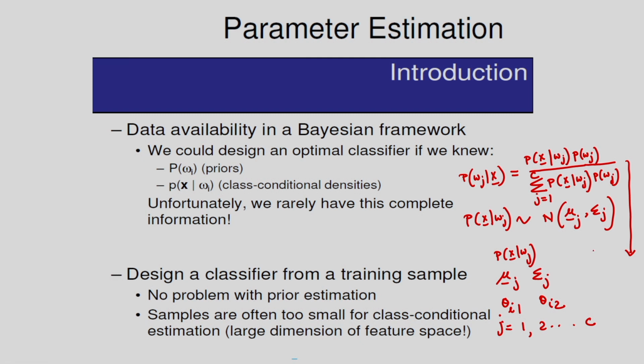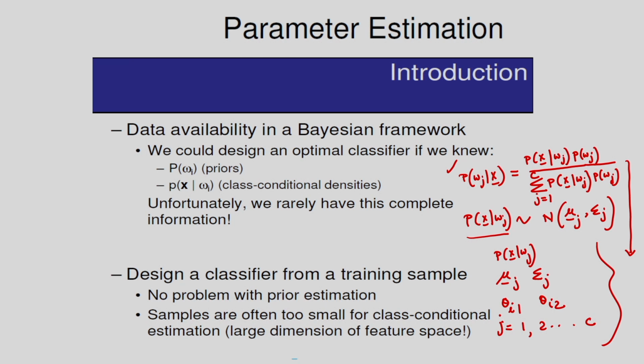So this information I need for calculating the probability of Wj given x. One is the class conditional density, that is the probability of x given Wj. And I have two parameters, one is the mean vector, another one is the covariance matrix. And also I need another piece of information, that is the number of classes, j is equal to 1 to c. So that information I need to calculate the probability of Wj given x. But this information is not available directly.